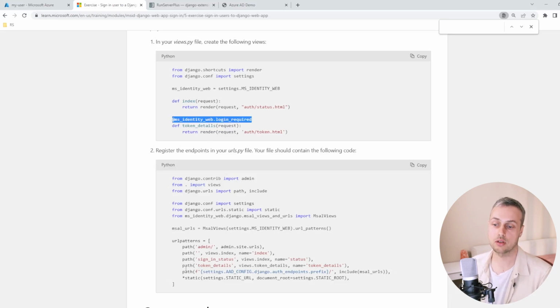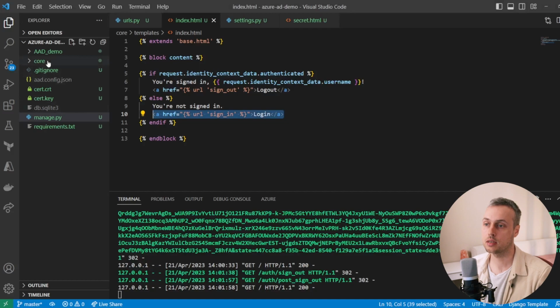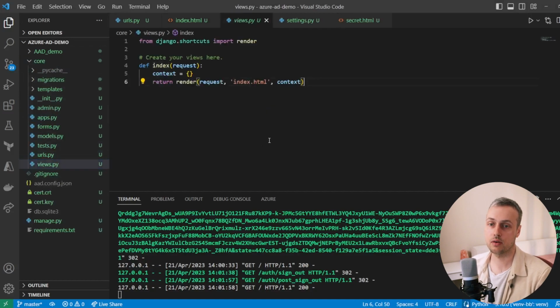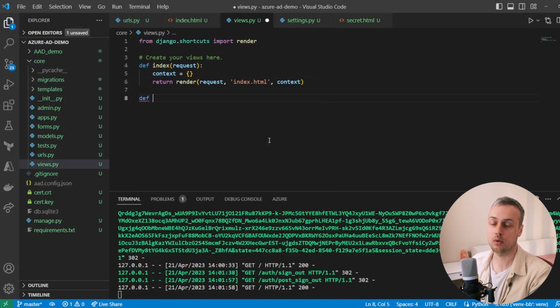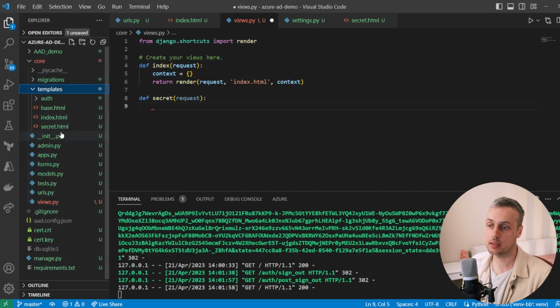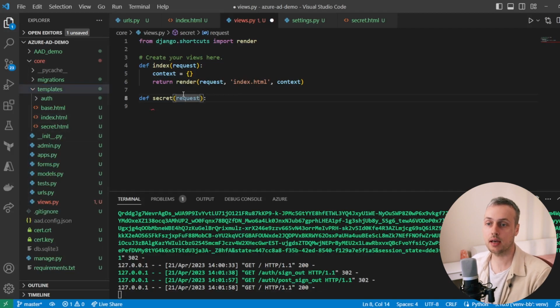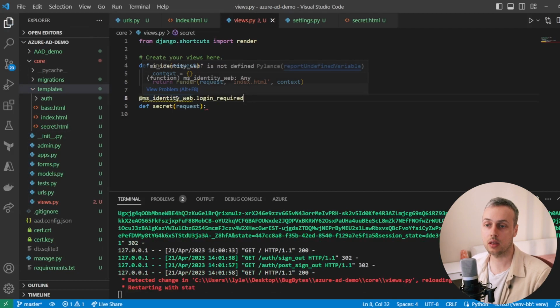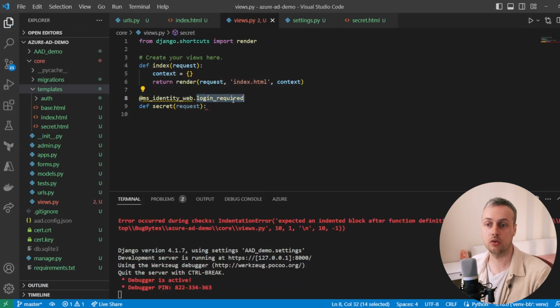with this decorator. So let's go back to our web application, and we're going to go to the views.py file and create a new Django view here, and we'll call that secret. And that's going to take the request as an argument. Now within the templates directory we have this secret.html. We want to return that, and we also want to protect this view with the Microsoft Identity Web's login required